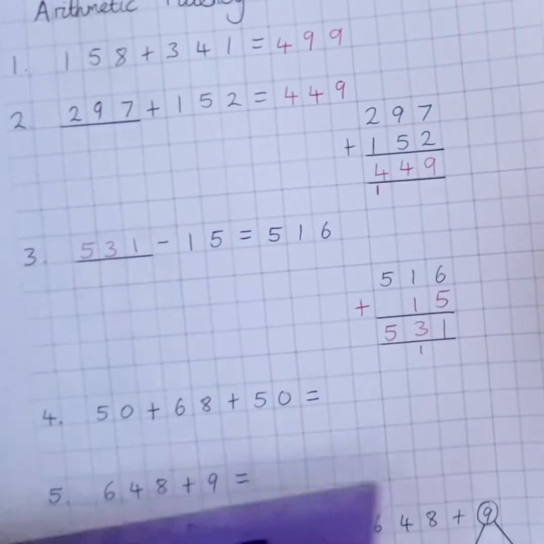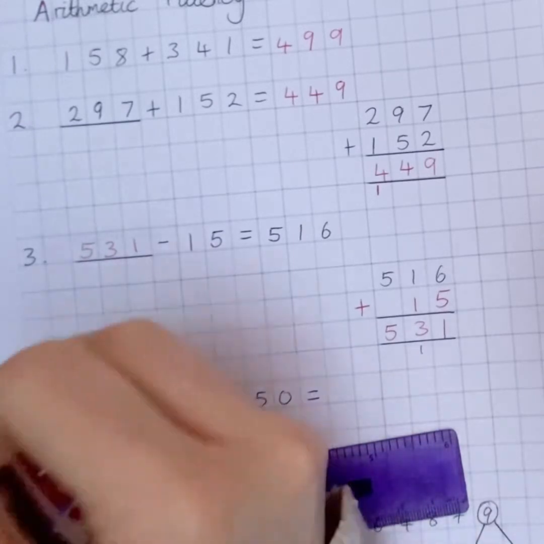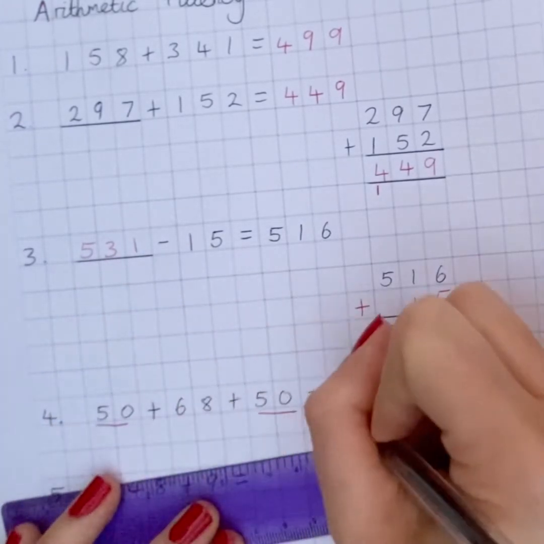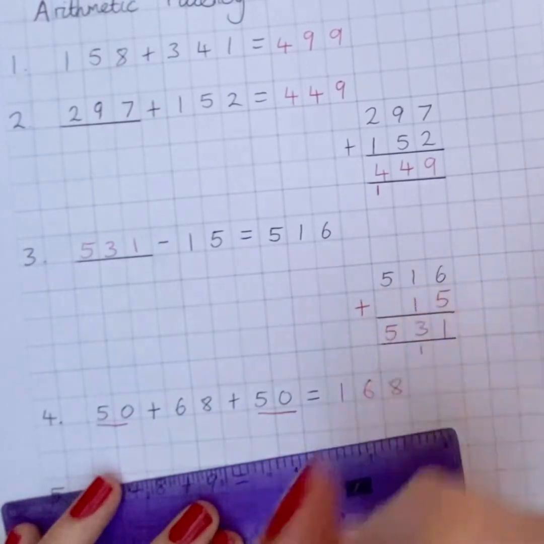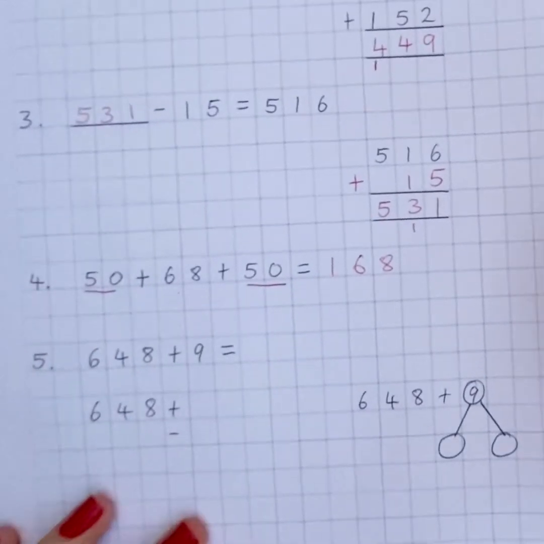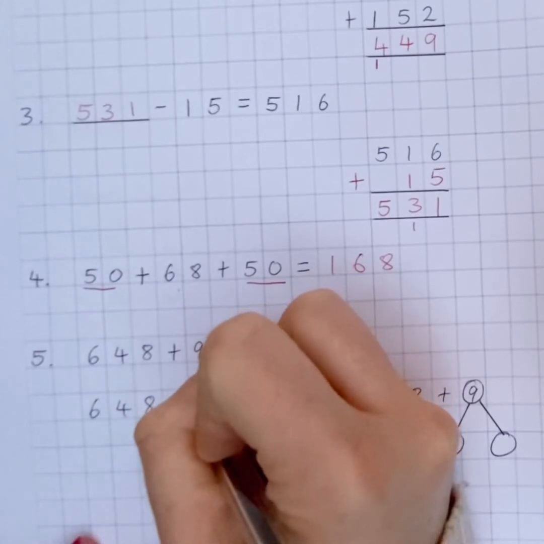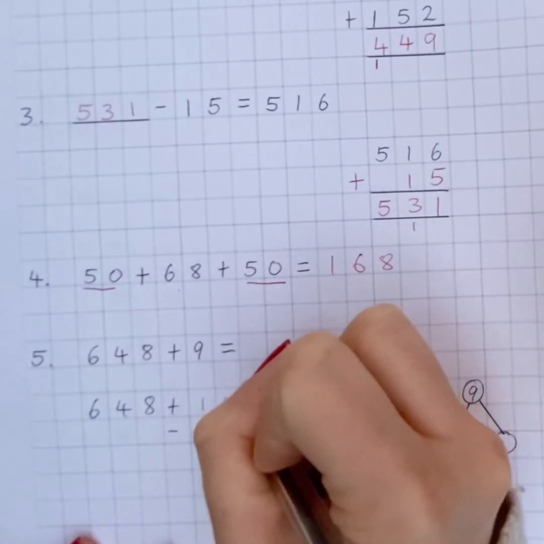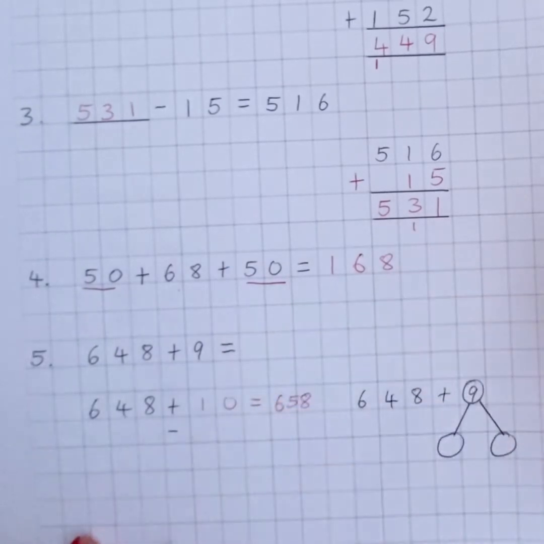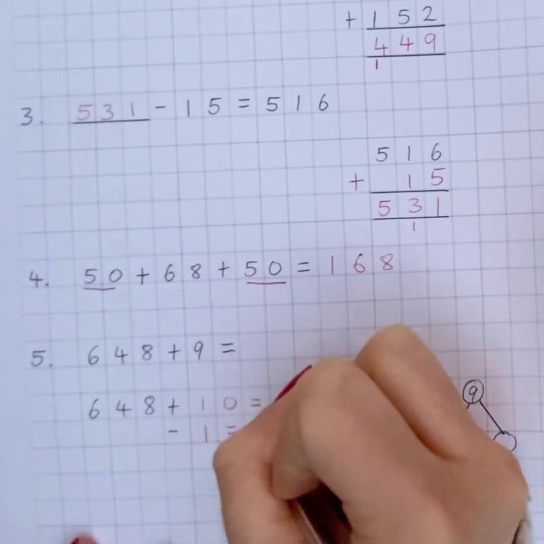Number 4, we are looking for complements. So same as the last time, we can see 50 and 50 makes 100 plus 68 equals 168. Lastly, we have our question adding 9. So we can round 9 up to 10. We could say 648 add 10, which equals 658. And then minus 1 equals